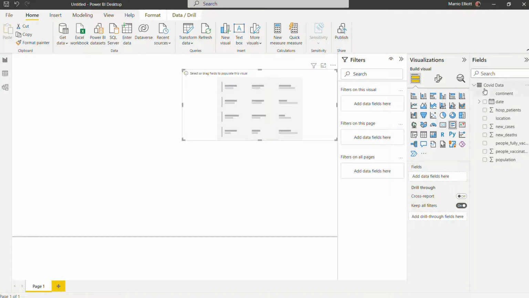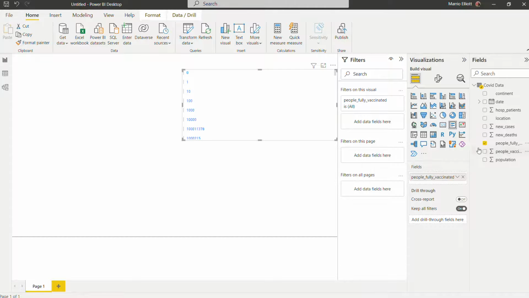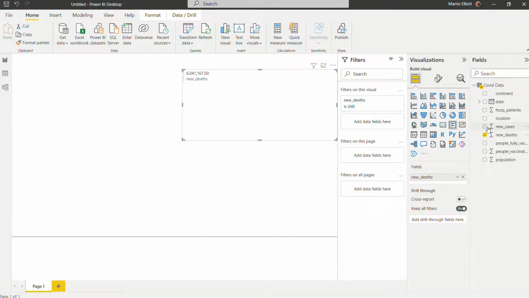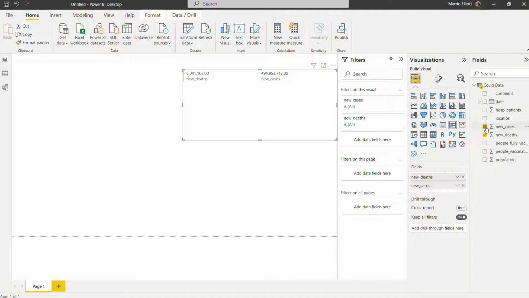Let's go to our table, our COVID data table, and we want to get our deaths. Oops, wrong one. Deaths, cases, and we want to do some DAX. Cool. So we have our deaths and then we have our cases, and then we will